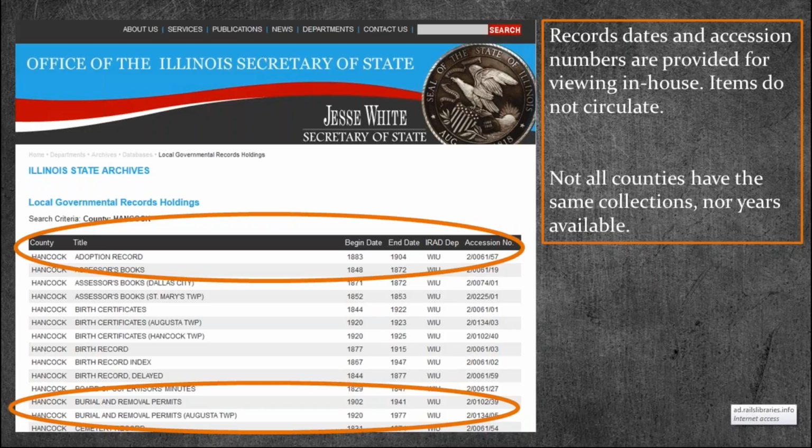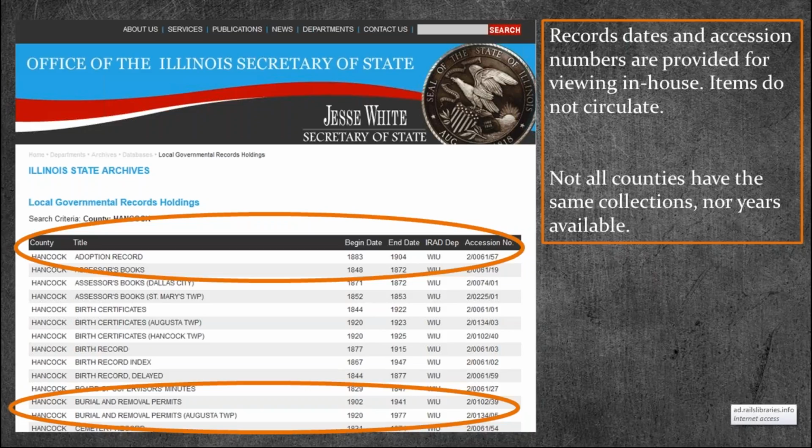So if you're recommending that a patron go to the IRAD system and take a look at what the county has, it is not one-stop shopping. If they see adoption records listed available for Hancock County, that does not mean that those adoption records are going to be available in any other county. There are lots of counties who have these one-off collections that nobody else has.